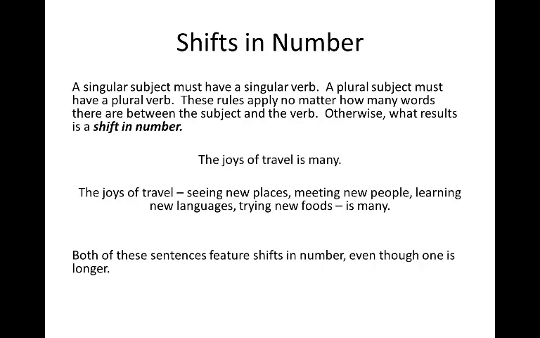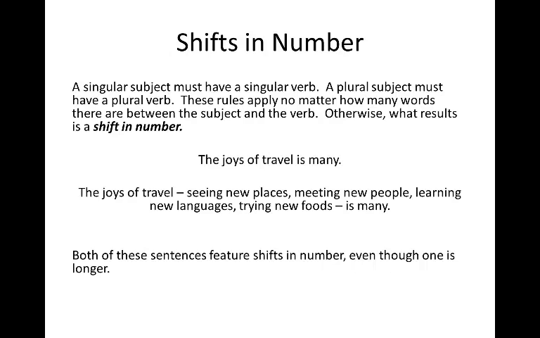Now, what I've provided for you once again is an example where the first example is easy and is the example that many of you watching this program would probably automatically catch. "The joys of travel is many." We hear that and it just doesn't sound right. We get the sense that joys, the subject, which is plural, needs to take a plural verb, not the singular verb "is." Where I see these problems more often is when a student is trying, as people should do, to